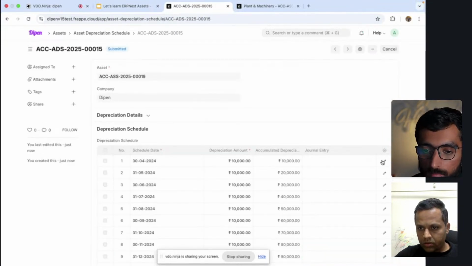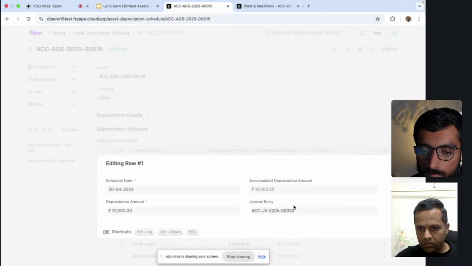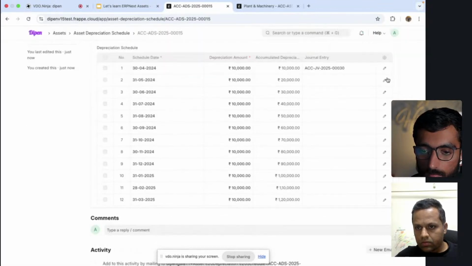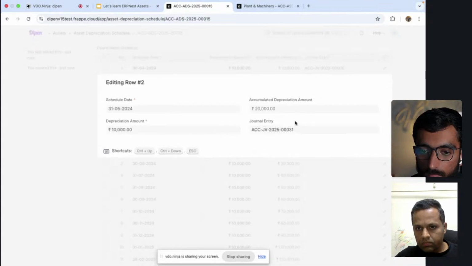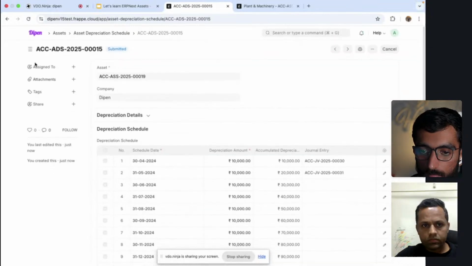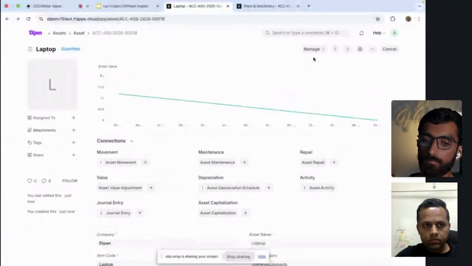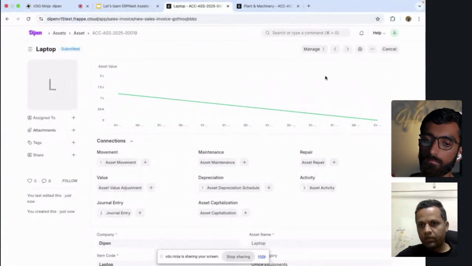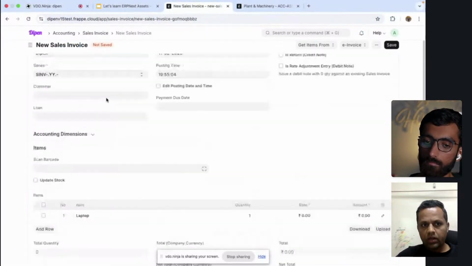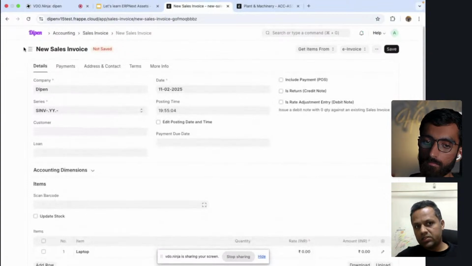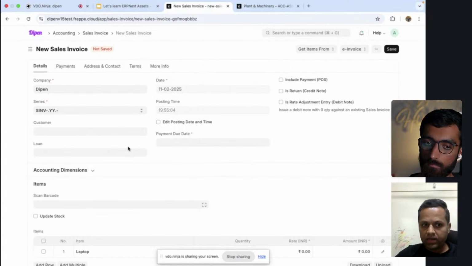Let's go. Depreciations for 1,20,000 assets. And now I'll do the sale of assets. Okay, so when you do a sale of assets, the system will create a sales invoice. When you click on create sale of assets, the system will redirect you to the sales invoice doc type, and here